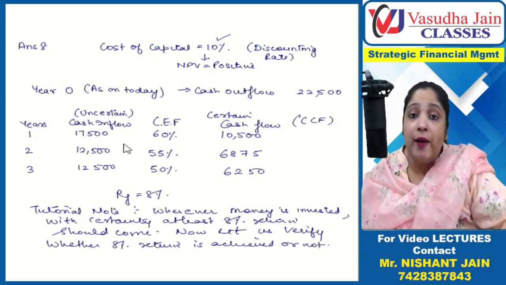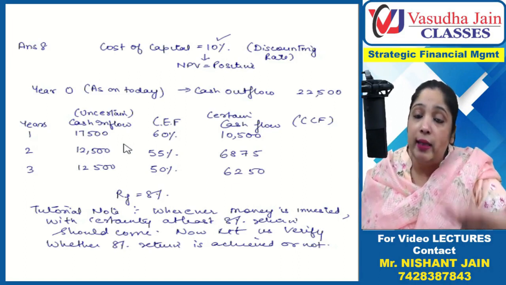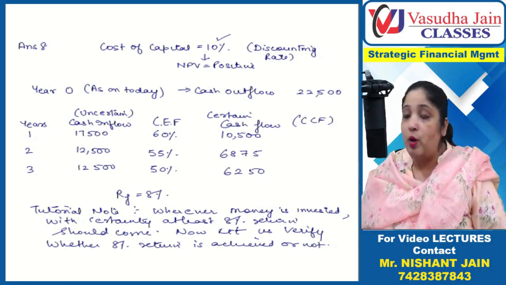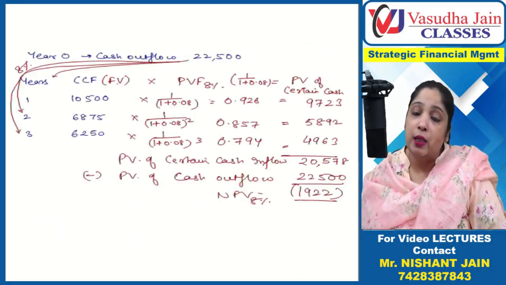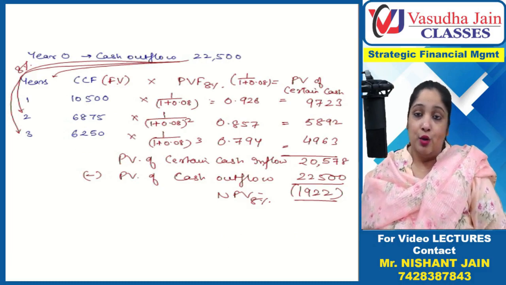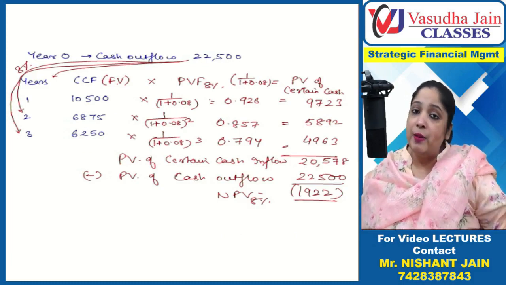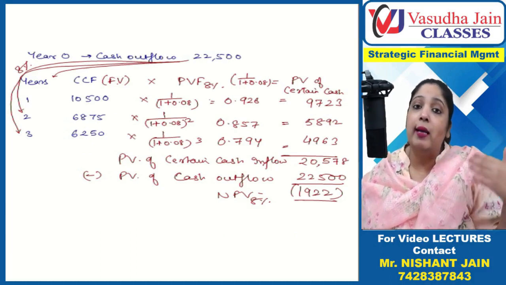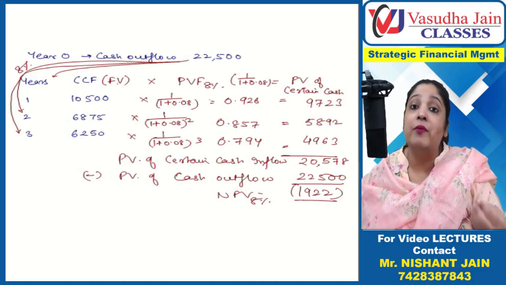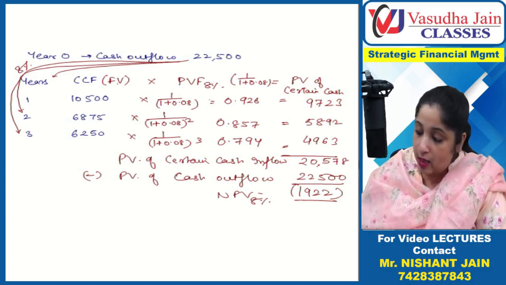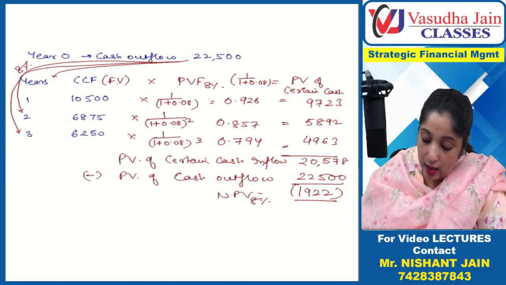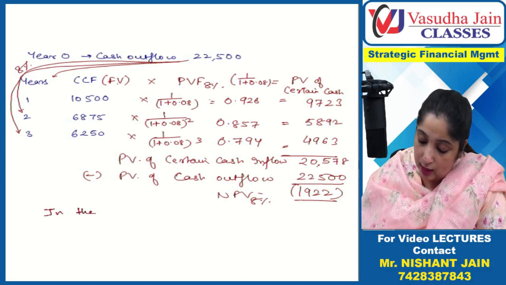First, think whether you are getting the return with certainty, and how much. Now, in this project, you are not even getting 8% return with certainty. So even though you might get 10% return, that doesn't matter if you are not getting the bare minimum rate of return with certainty. So hence we can conclude that in the given project